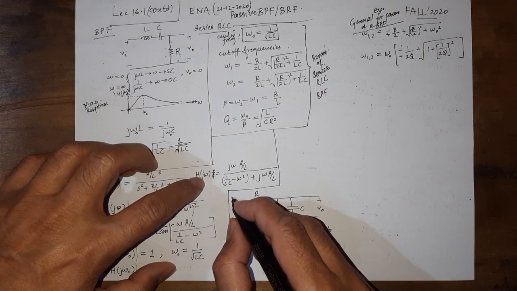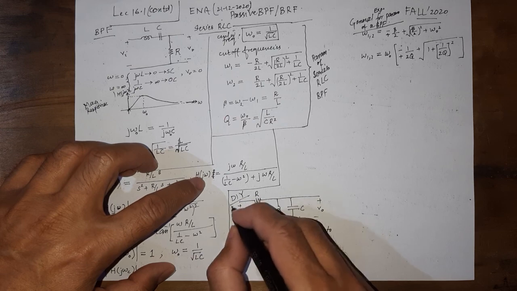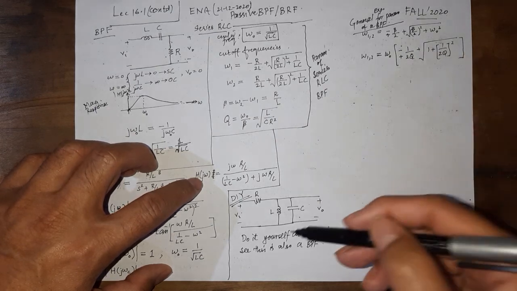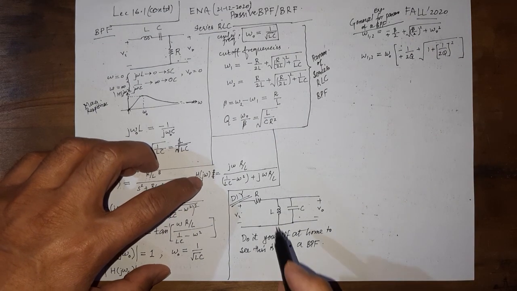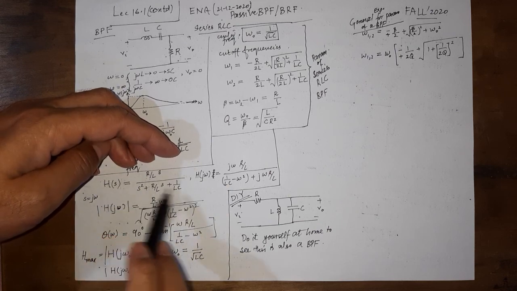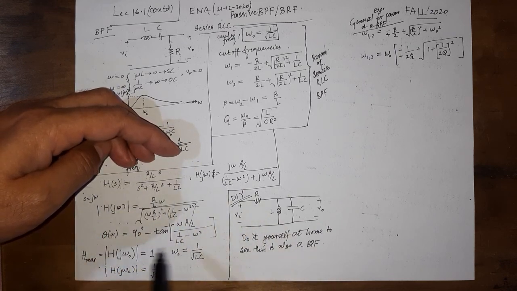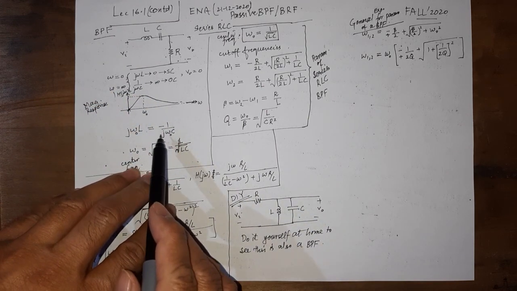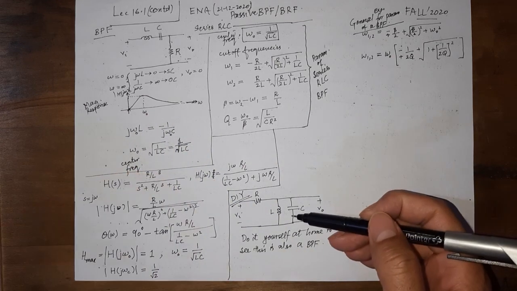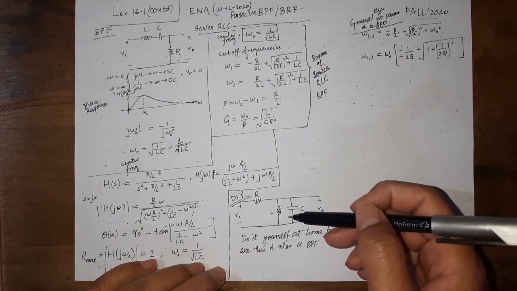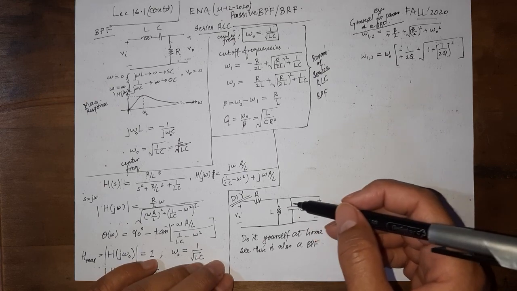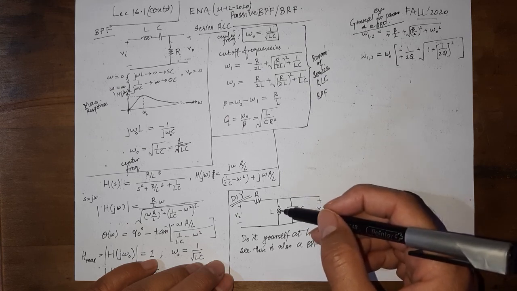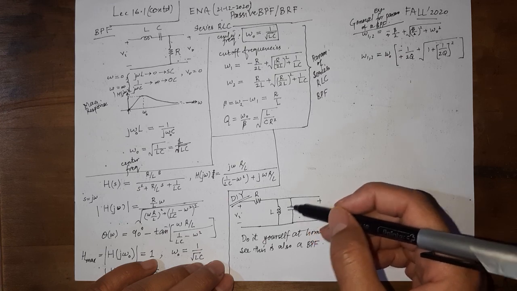Now when you find the expressions, you will see that these expressions would still hold for this one. However, you should first try to find the H of s, and from there try to find the magnitude of H of j omega, and then find all these things. And you can even try to see that for this particular case, there will be a frequency at which, when omega is 0, one of them is open, one of them is a short, and the other one is open.